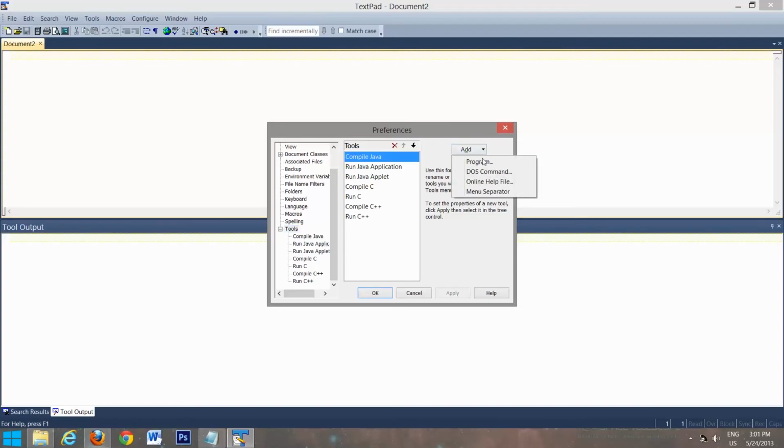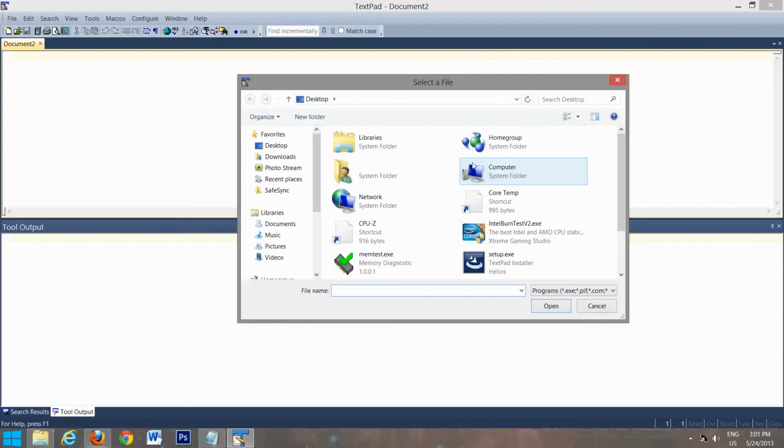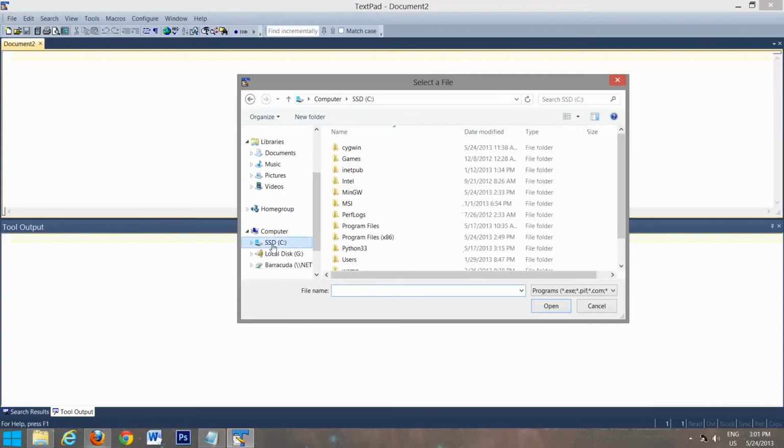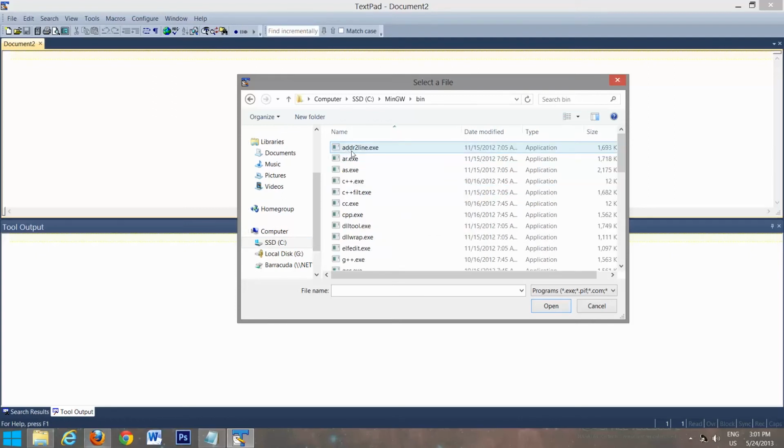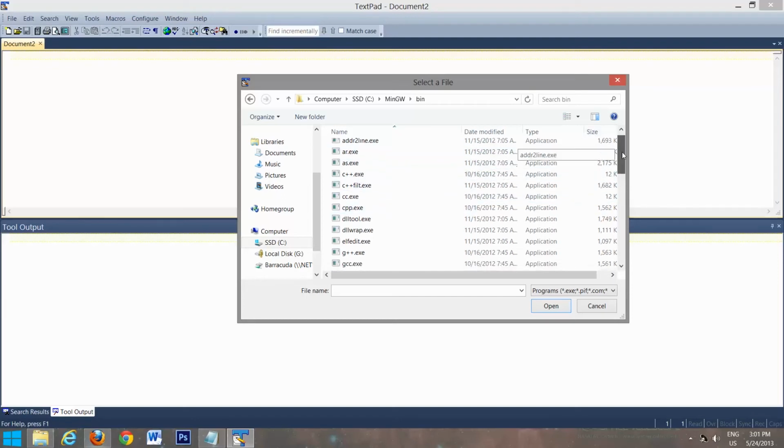So we'll go to Add, Program, go to your C drive, and if you have it installed in the same place as me, it should be right here. Go to Bin, and we're going to scroll down till we find something called gcc.exe, which is the C compiler. We'll select Open,